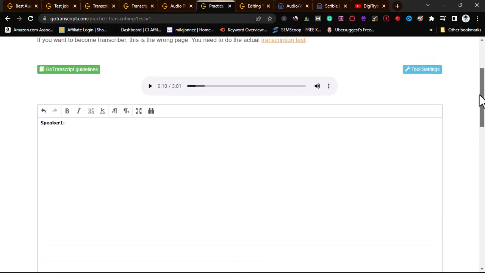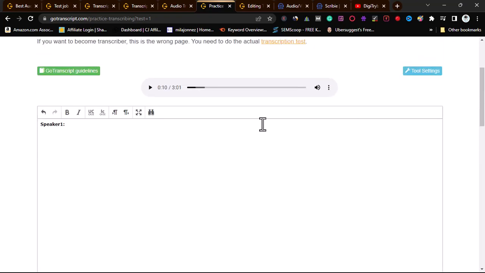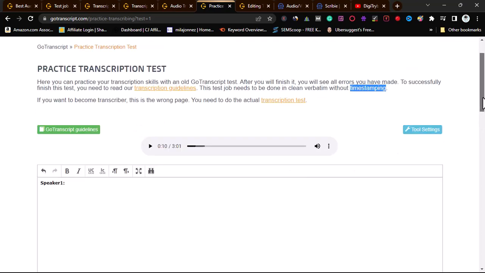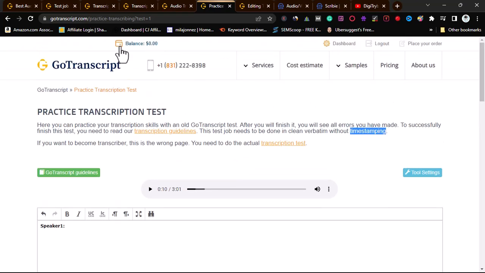So guys, you need to practice with this first. Understand all of this before you continue with any registration on GoTranscript. So this is their practice file. Now even if you come here, you will see